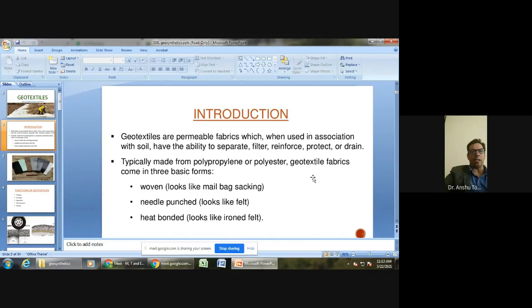That means these are the functions which can be given by the geosynthetics in collaboration with soil conditions, and if any other extra material is going to be there, such as RCC, if it has to be incorporated with RCC, then that material along with geotextiles is going to perform these four to five functions.